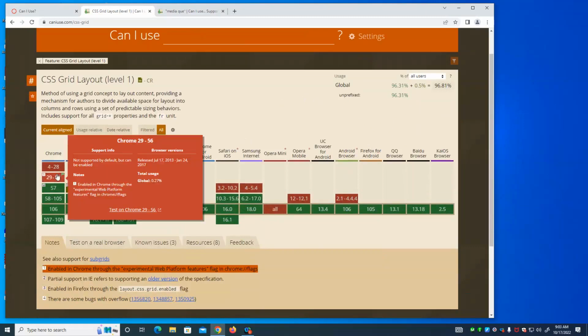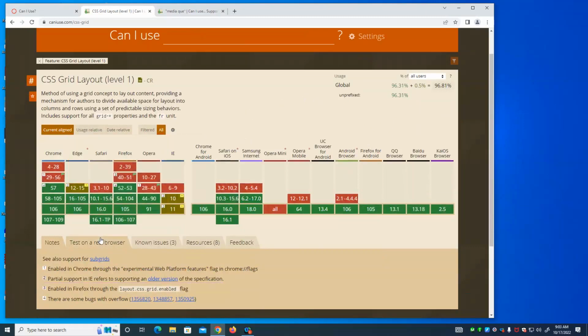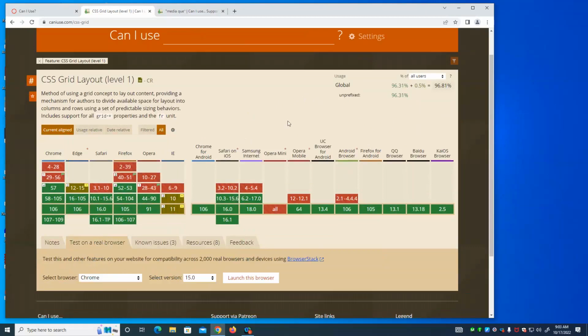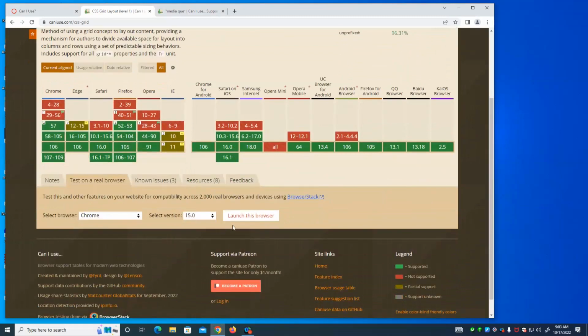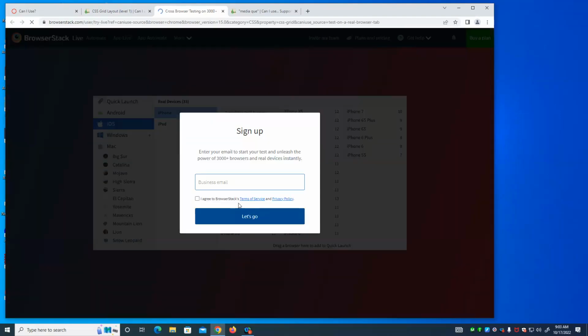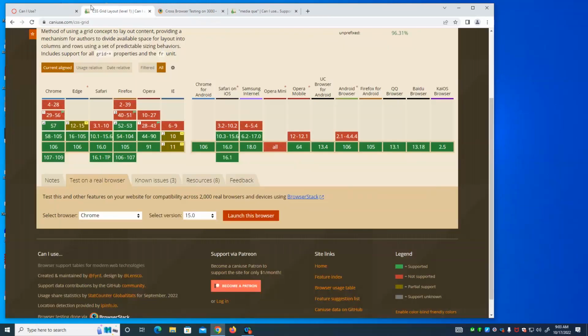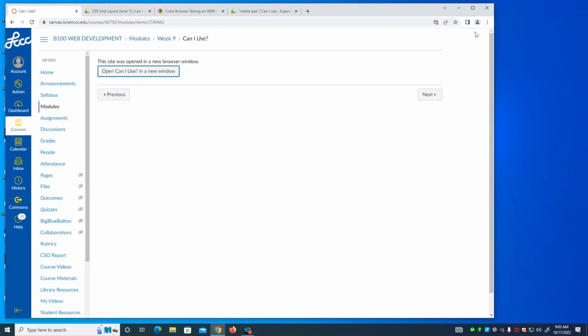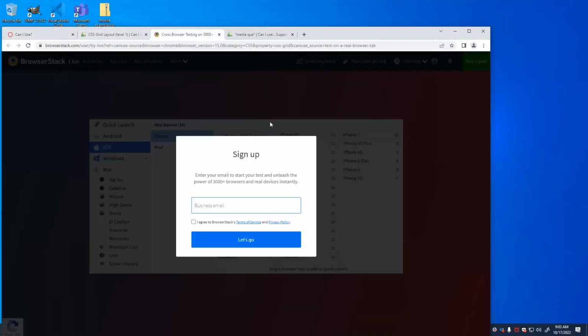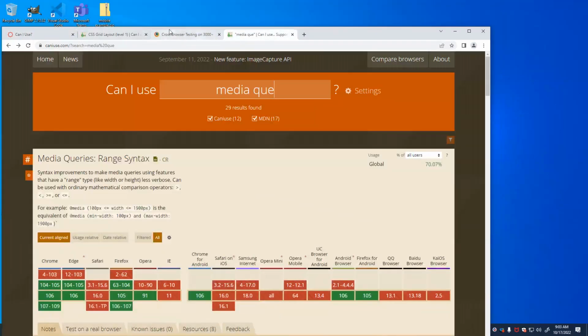You might want to get an older version of the browser to test it out. This also allows you to test on an older browser. So I'm going to go test on a version, and I can launch this browser. Oh, it's making me sign up. But apparently you can test on an actual version of the browser. But this is a very useful tool that can be used to determine whether or not a feature is available